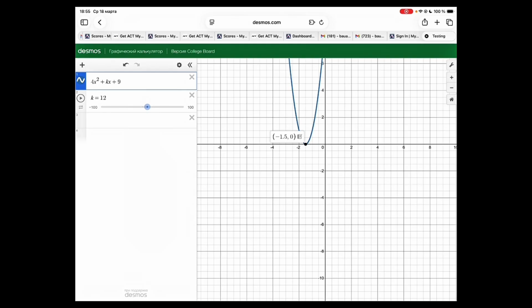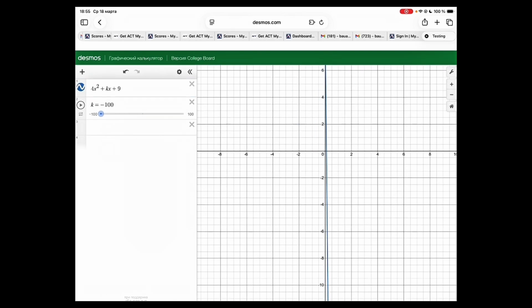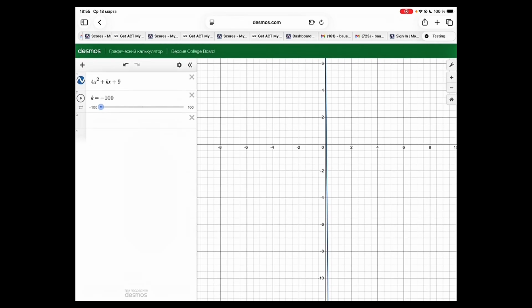Okay, let's see when the quadratic is going to have 2 solutions graphically. And if we slide it a little bit, and if we put something like, let's say 13, as you can see, the graph is crossing the x-axis 2 times, which means it has 2 real solutions. This is all about it. They're going to have no solution when they never cross the x-axis. They're going to have 1 solution when they cross the x-axis only 1 time, and they're going to have 2 solutions when they cross the